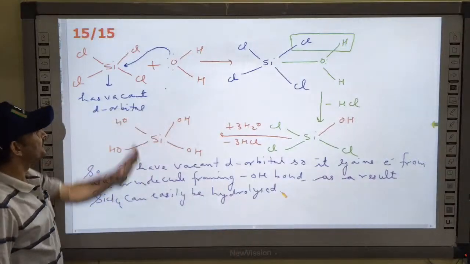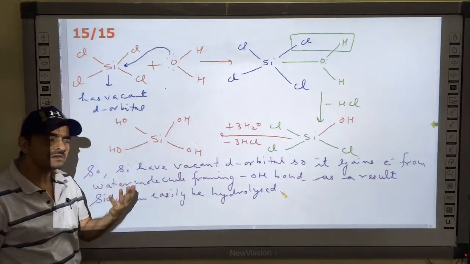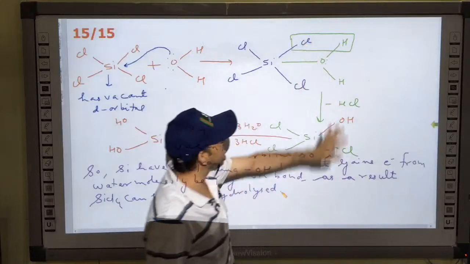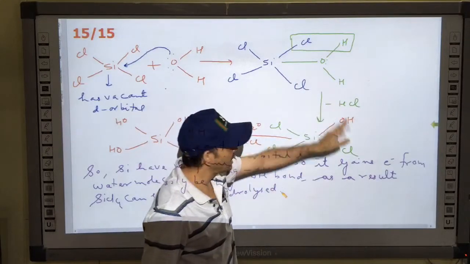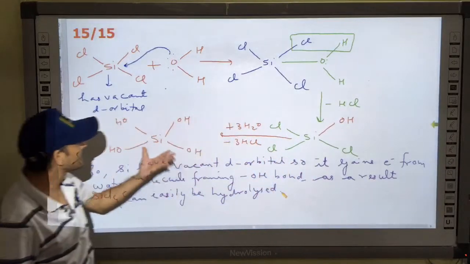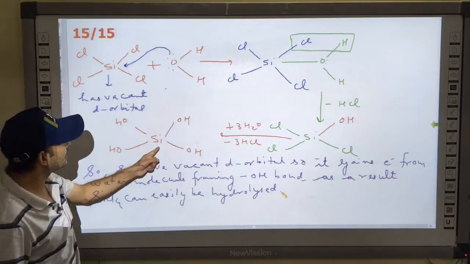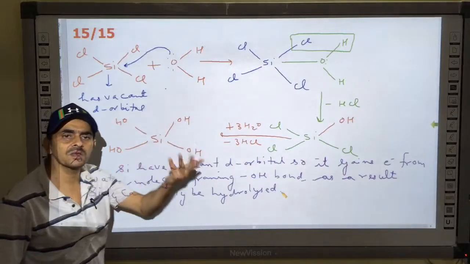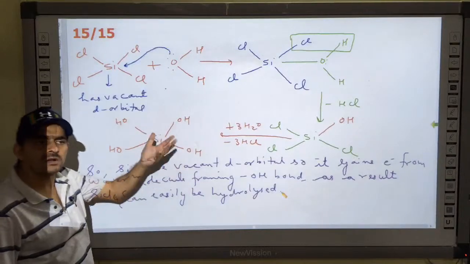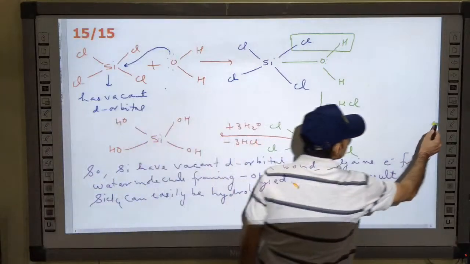Understood? If d orbitals are present, then they can easily gain an electron pair. By gaining it, an extra bond is formed. After bond formation, HCl is removed and OH comes over here. Now these 3 Cl atoms will also be replaced by 3 water molecules. Ultimately this compound will be formed. So SiCl4 is converting into Si(OH)4. It is undergoing hydrolysis. The same was not possible with CCl4. Why? Because carbon was lacking d orbitals. Clear? Now the next reason is,